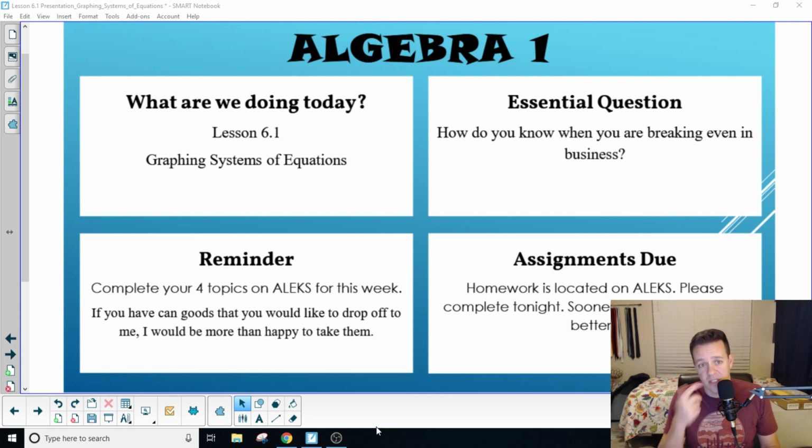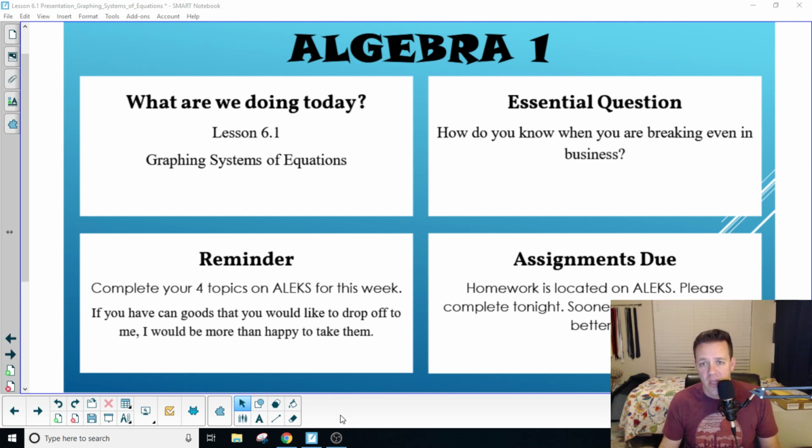This is going to be lesson 6.1, graphing systems of equations. I know I'm sitting in the bottom right-hand corner of the screen, so you can't really see the assignments due, but just know that homework is going to be on ALEKS again, and so please make sure that after you work on this lesson today, you go on ALEKS and do the pretty simple, hopefully, homework